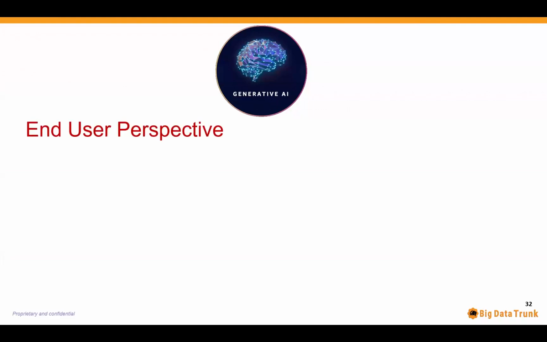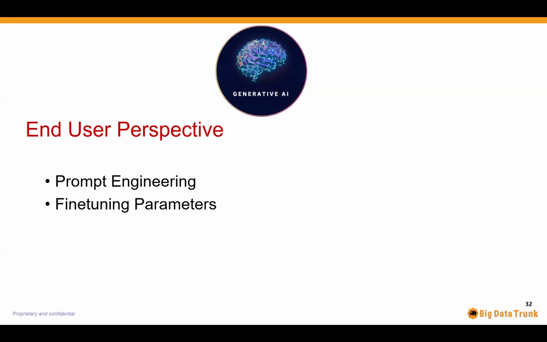I would say from an end user perspective, one thing that we can all focus on is how to be able to do better prompting so that we get better quality results from all these GenAI based tools. So prompt engineering is an area that if we spend some amount of time and energy upskilling ourselves, we'd be able to reap better benefits from a lot of these tools.